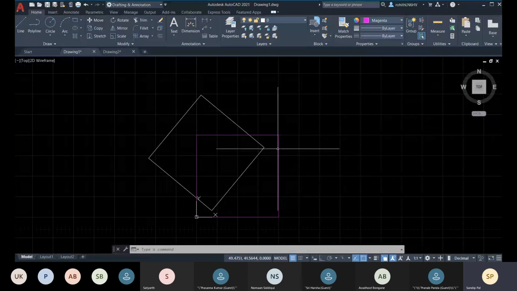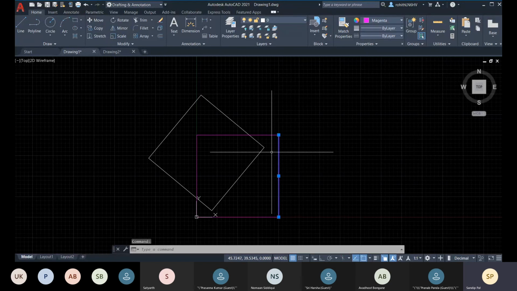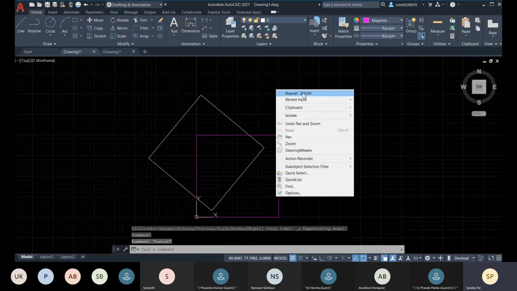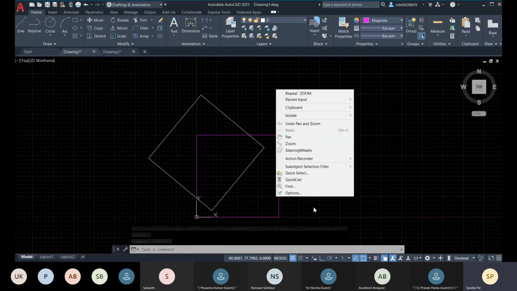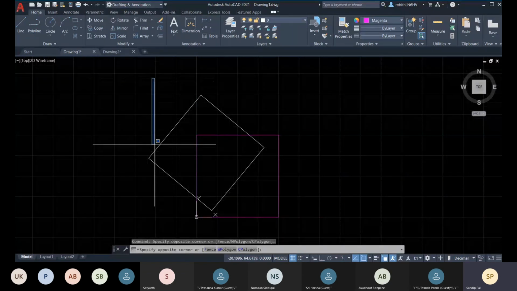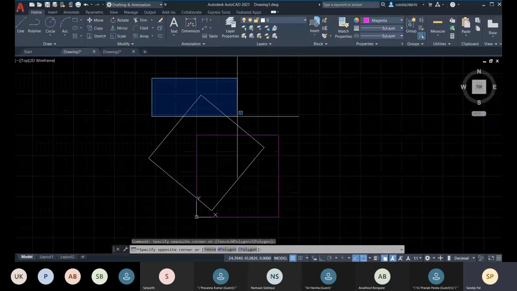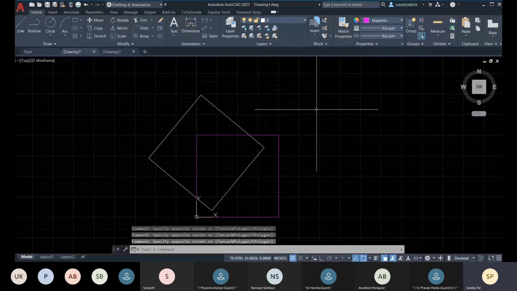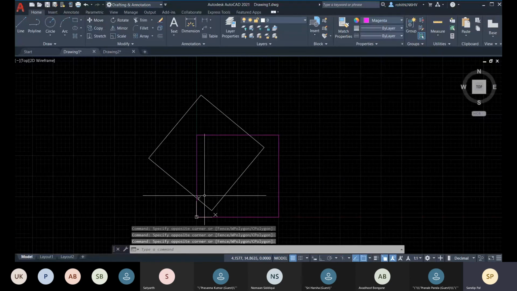And you left click for selecting any object, and you have right click for extra options. You can have extra menus. So in the next class I will be discussing all these things. Okay, so we have some selection windows, how we can select with the left click. In the next class I will be discussing this in detail.